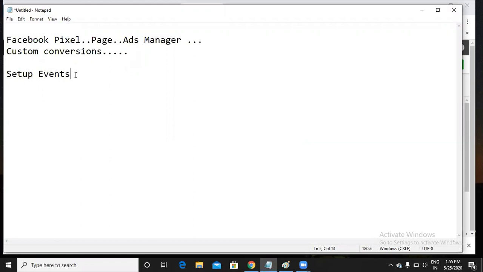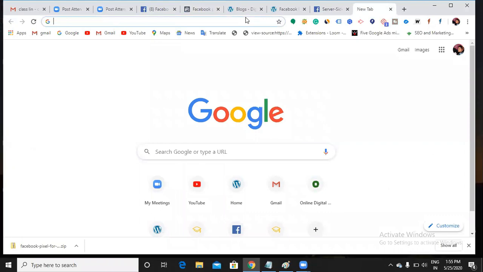Next thing is setting up events. What does setting up events mean? With this custom conversion, I am going to track if someone has been to digicourse.in or blogs, so I'll be calculating it as a conversion. Finally, I am defining those as conversions.